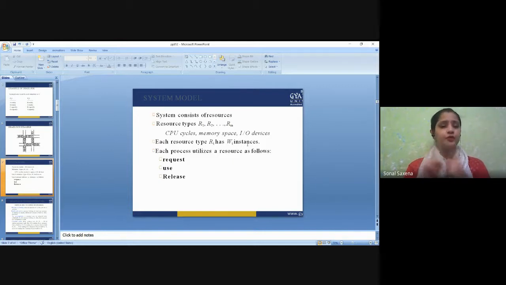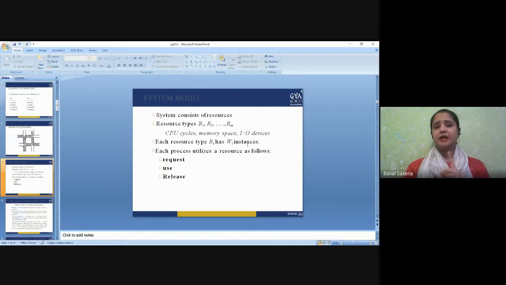Once the resource is granted to a process, it can be used by the process. So first, we requested the resource. Secondly, if the resource is granted to the process, only then will the process use that resource. Once the process has used the resource, only then can it free it. So the third step is to release the resource. This is required every time. A process, once done with the resource, cannot keep on grabbing it. It has to release, it has to free the resource once it is done with the utilization of the resource.